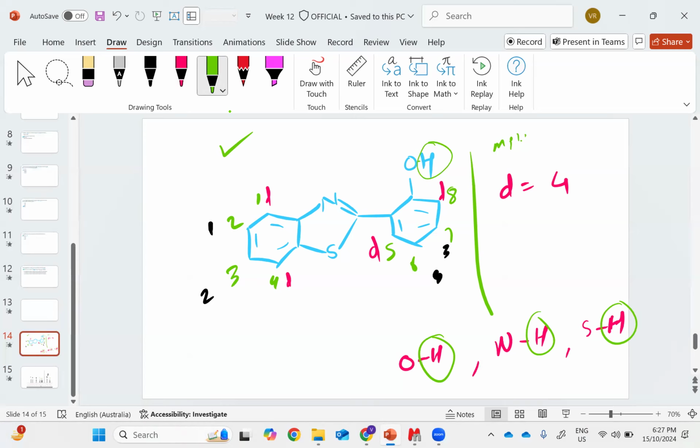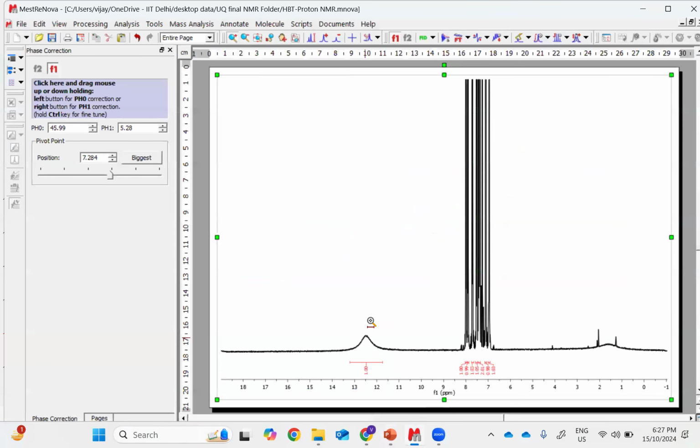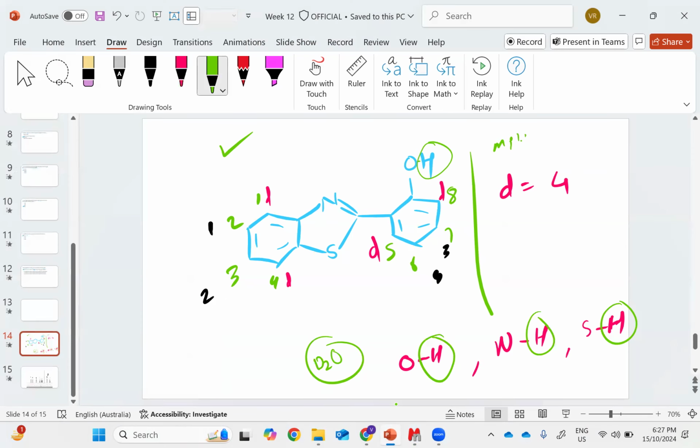So if you add D2O in the NMR of the same compound, we may not get the peak at this 12 to 13, because this OH will get exchanged with the deuterium. So that's why this peak at 12 to 13